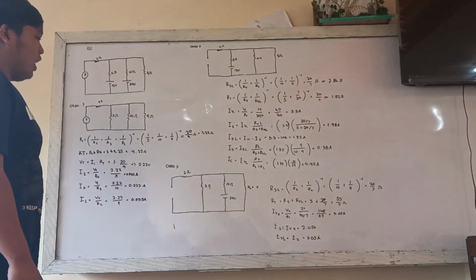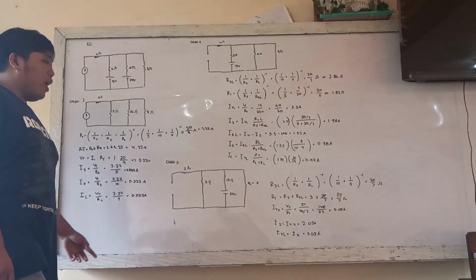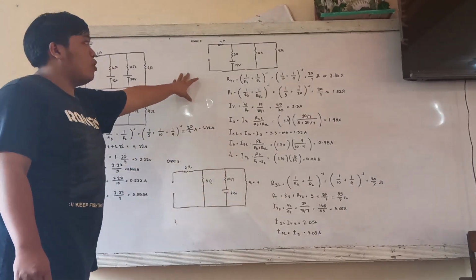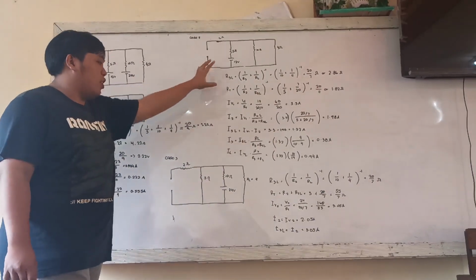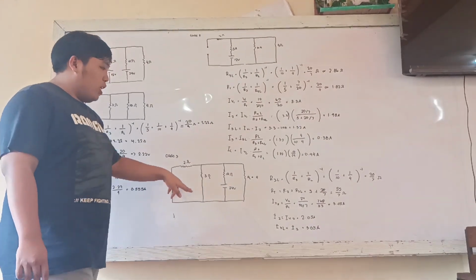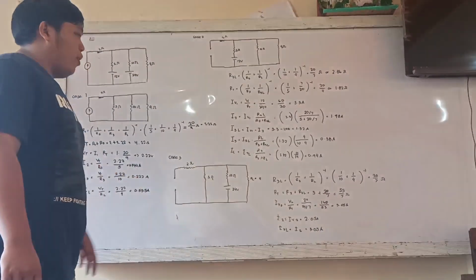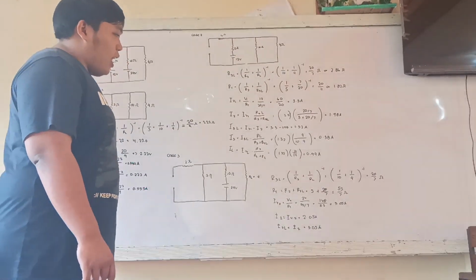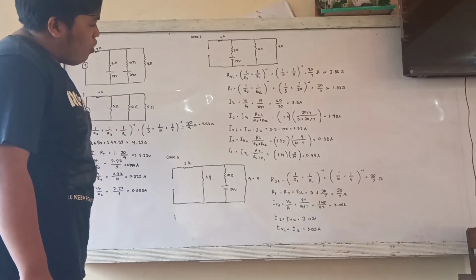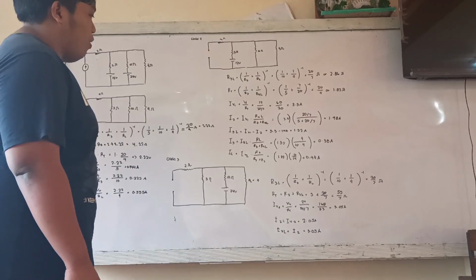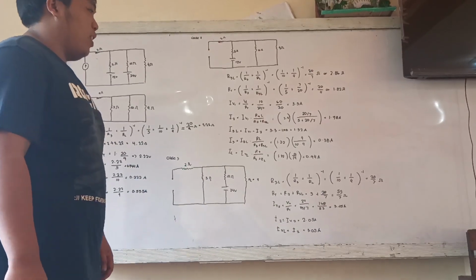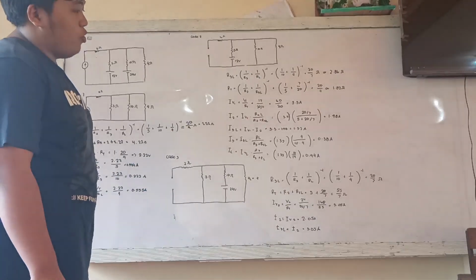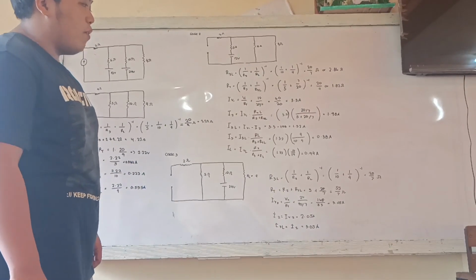For our case 3, we have the values of 2 ohms, 5 ohms, and 10 ohms. In case 2, we opened the voltage here. So in case 3, we're going to close it and open the other one. So the voltage is 24 volts and RL is equal to 4. We're going to use the formula R3L is equal to 1 over R3 plus 1 over RL raised to negative 1. Substituting, 1 over 10 plus 1 over 4 to the negative 1 is equal to 20 over 7 ohms.